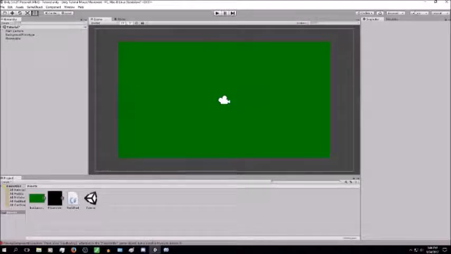We call this one sorting layers. Edit layers. Add new layer, which we'll call the ground. Add new layer, which we'll call the people. And going to,